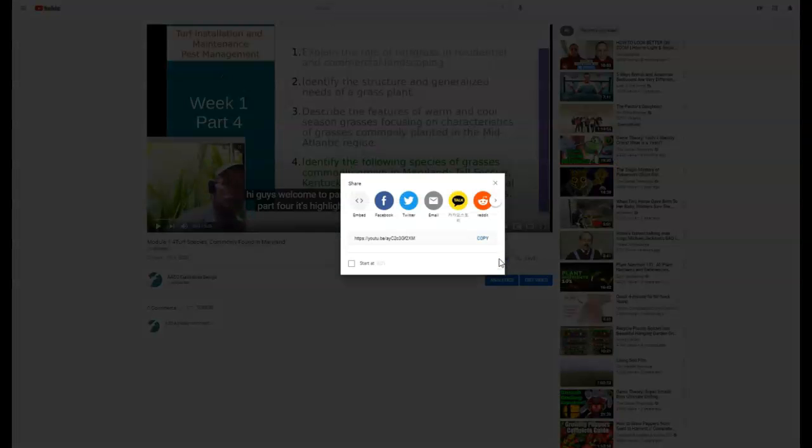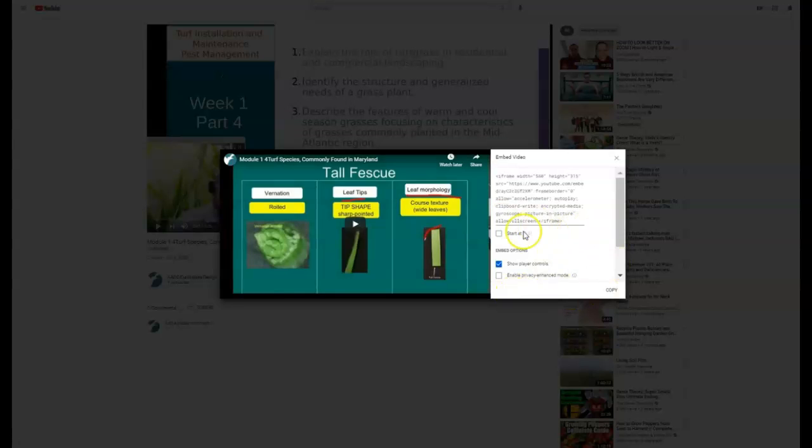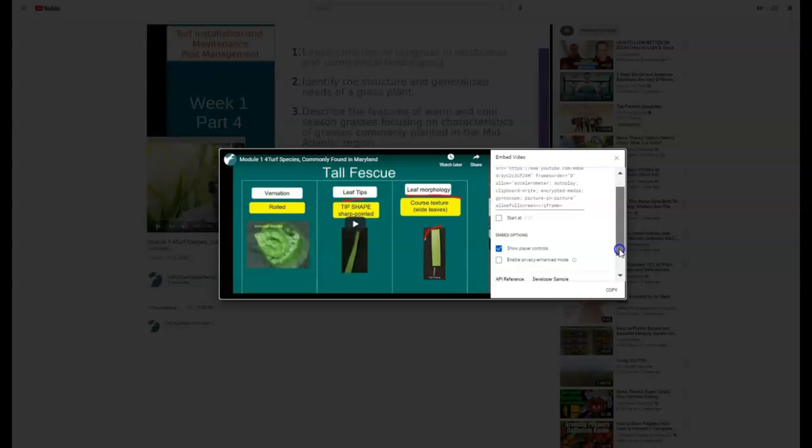Okay, and I'm going to get the share here, and instead of just copying the short code, I'm going to copy the embed code. If you don't want a whole video, it doesn't give you a way to stop the video, but it does give you a place to start it at a different spot. So I'm going to copy,